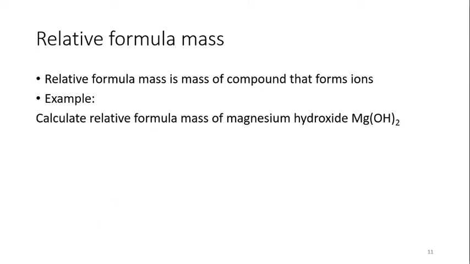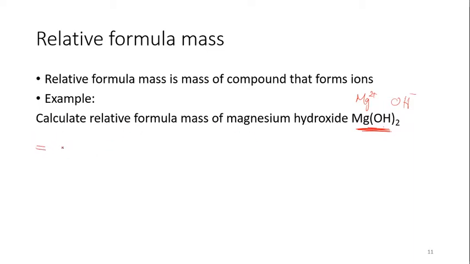So I have here what is called relative formula mass. The relative formula mass is the mass for a compound that can form ions. Something like Mg(OH)2 is magnesium hydroxide, when it dissociates in water, it forms magnesium ions and hydroxyl ions. So for that, if I wanted to calculate the relative formula mass, it will be exactly like calculating the relative molecular mass. So if I wanted here to calculate the relative formula mass for this magnesium hydroxide, it would be